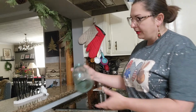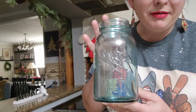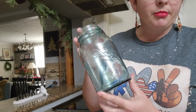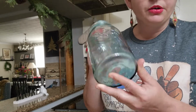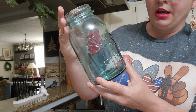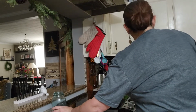So first off, she told me that there were 7 or 8 of these blue jars in a box underneath. This lady who was selling that day did parties, weddings, venues, stuff like that. So she had a box of these for an event, like a lot of people who were doing the country theme stuff. So I got 1,